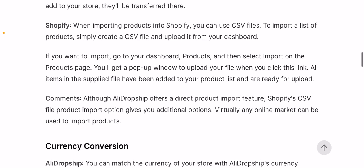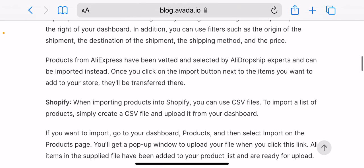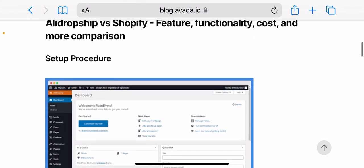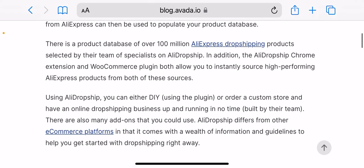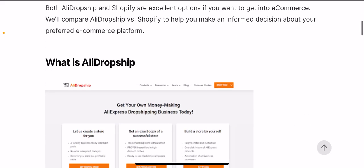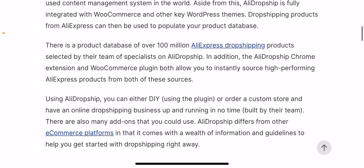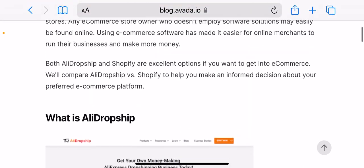So, what are our final words? Dropshipping platform Alidropship is extensively utilized. However, it faces minimal competition from Shopify in terms of dropshipping services that can be relied on. While Alidropship just supports dropshipping on AliExpress, Shopify is an all-in-one e-commerce platform that lets you build an